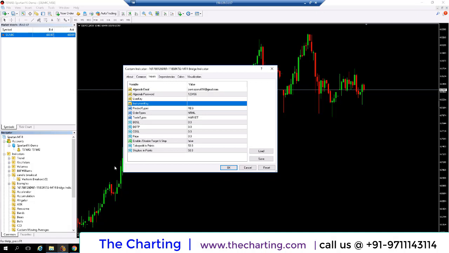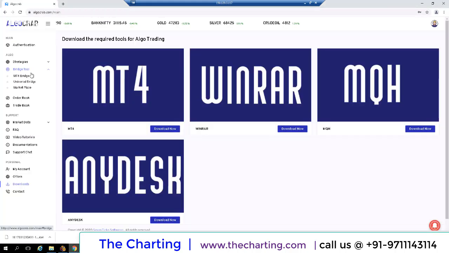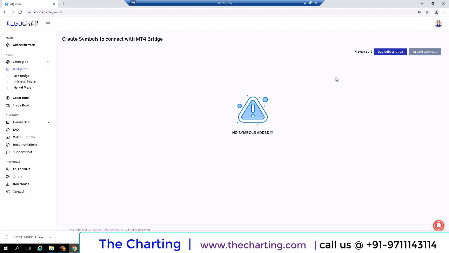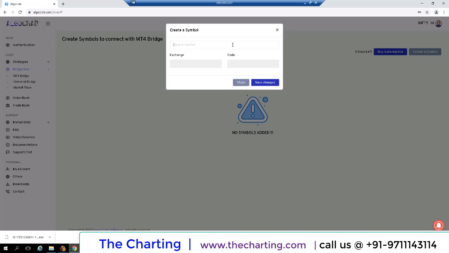For the user key and instrument key, I need to go again to the Bridge and click MT4 bridge. Now just create a symbol and search for your symbol like Silver Micro. Select this and click save changes.